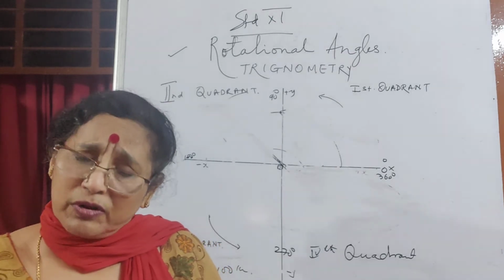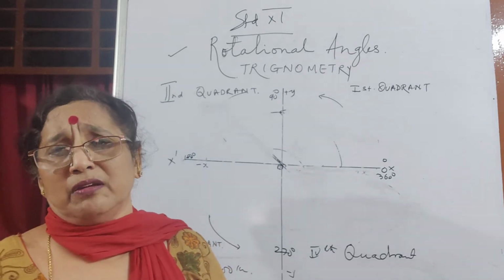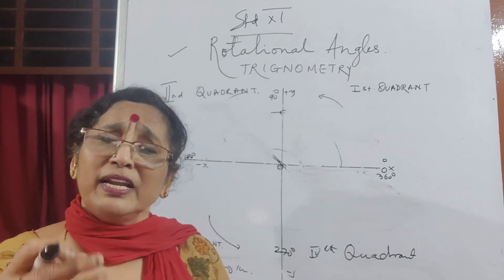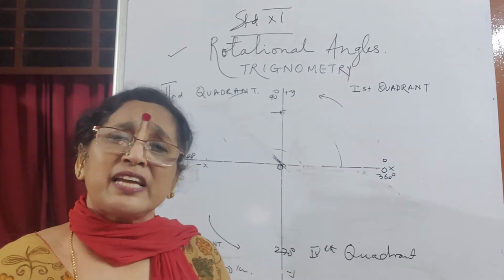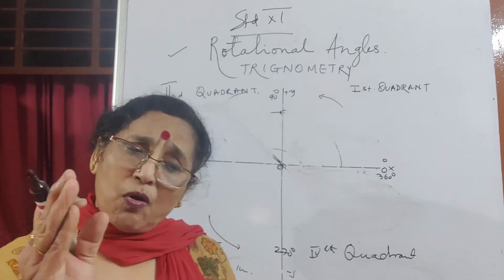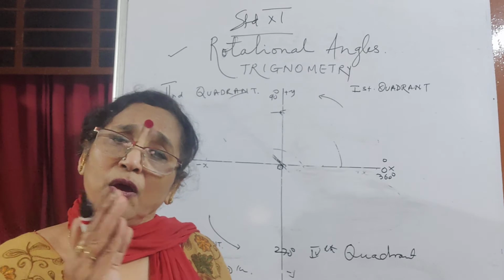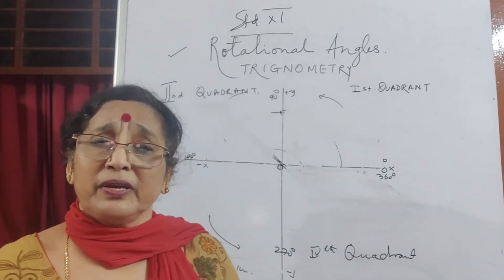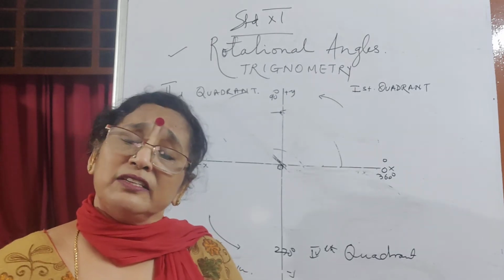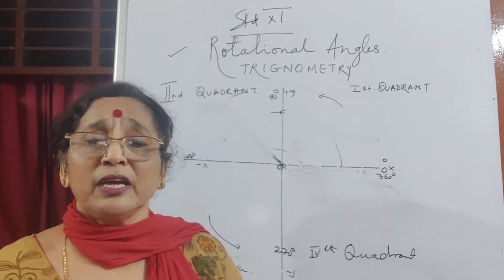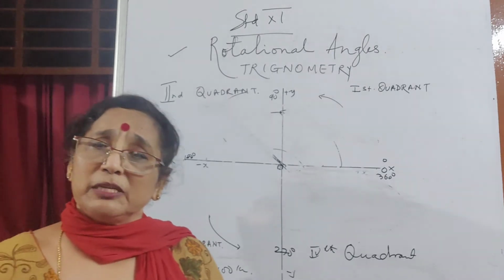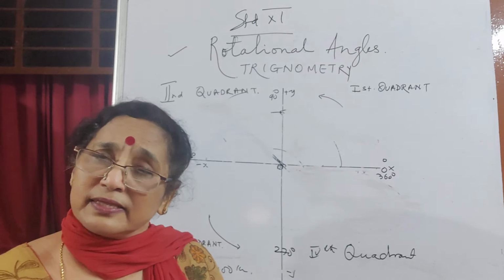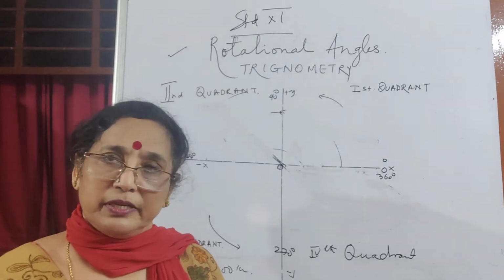Even if you have run around 10 times around a sports field which is circular in shape, and you say I have traveled, and the other one has just made one round, and the other one is just standing at the point. Displacement, all have made 0 degrees. Though the one who made 20 rounds got tired. She spent more energy. The clever one was standing on the line and still she made 0 degrees, right? So that's the concept of even multiples of pi or multiples of 360 degrees. They happen to be 0 degrees.